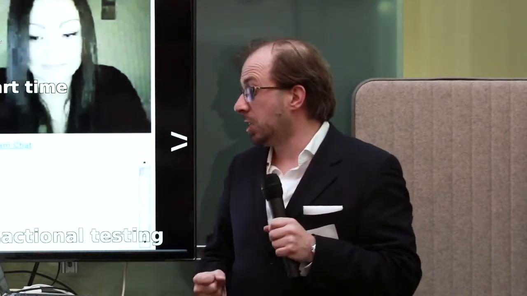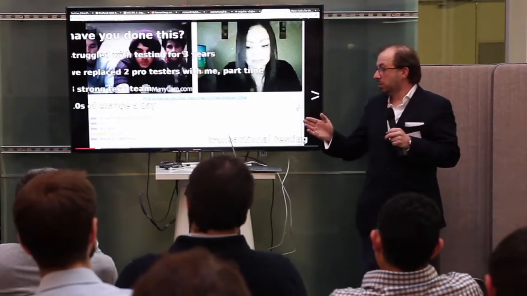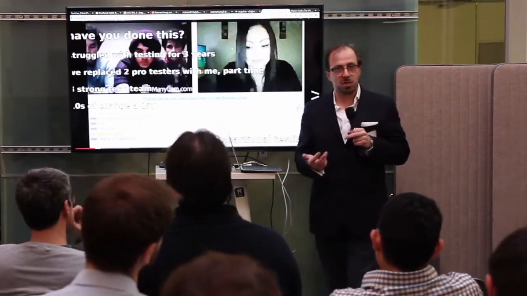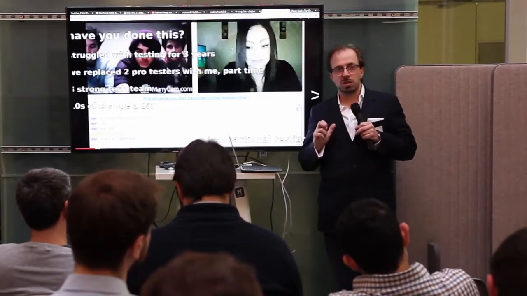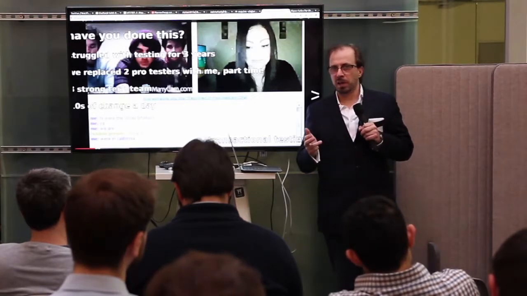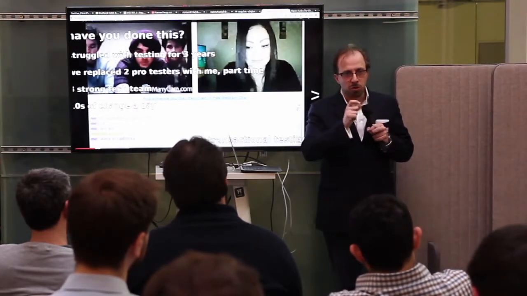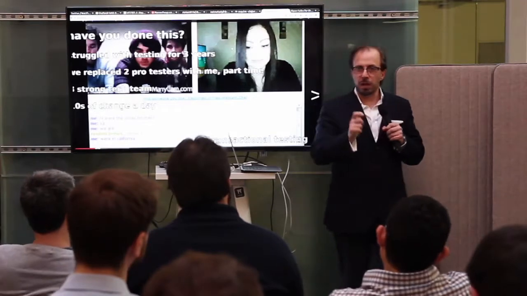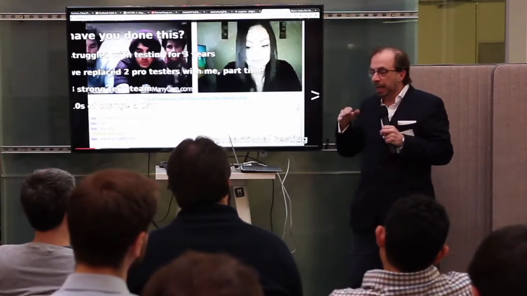So we did 8,000 releases in Woomi, so we also weren't doing a small amount of change. It was a lot of change. But we replaced these 2 pro testers. So there you go, another stat, right? 8 strong tech team, at least 10 changes a day. And we replaced these 2 pro testers with just me writing the tests. So that's kind of compelling. We managed to do that because I did it like this. I broke the change down into lots and lots and lots of small chunks, forced the developers to write lots of really small things, not as small as I'm talking about here, but why not go the whole hog? And we had good flow.